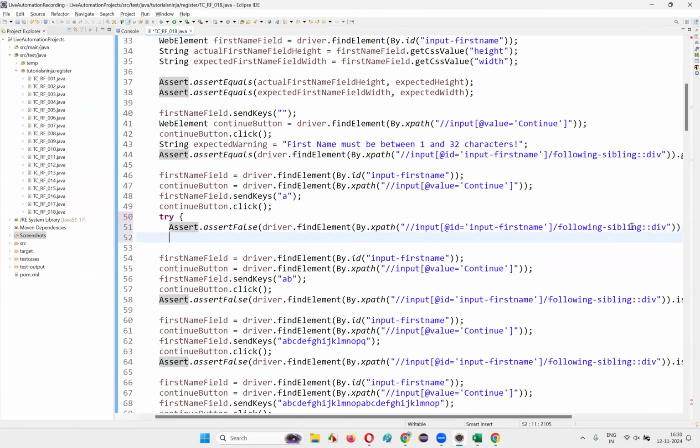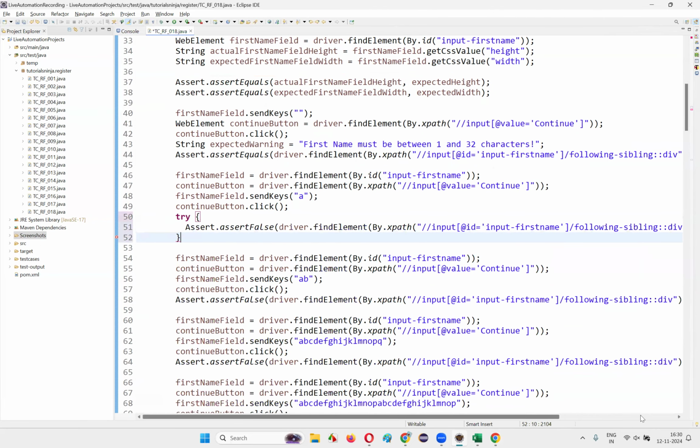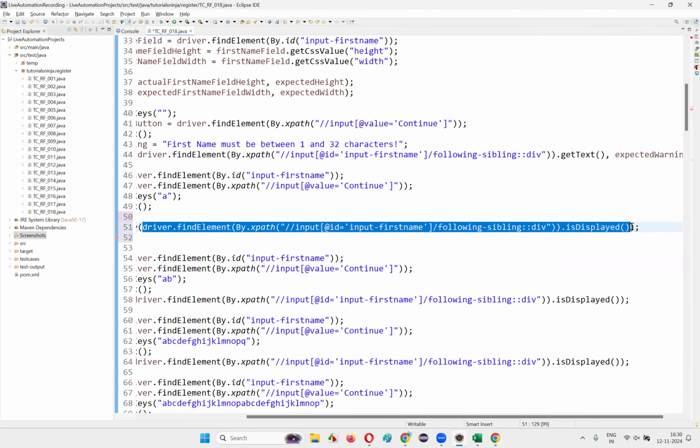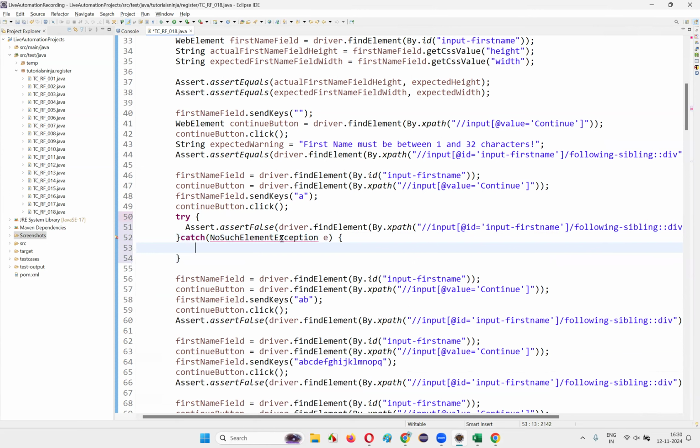Try. What is displayed. So this element is not found, it is saying. Simple words: warning message is displayed means it's not displayed. So in case of displayed, it will be true. But in case of not displayed, we are getting an exception. So I'll just write catch exception, no such element exception, e, import it,